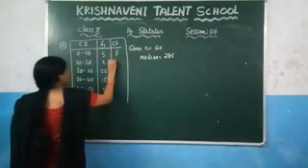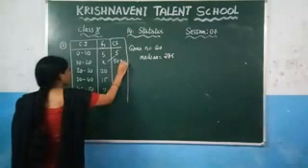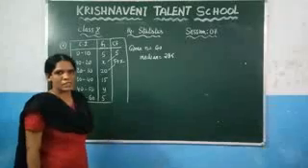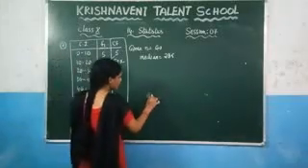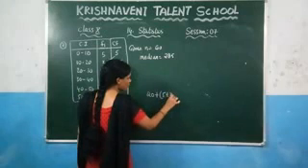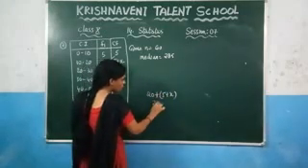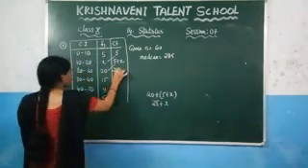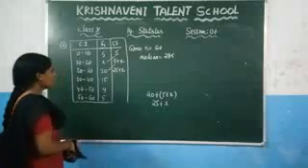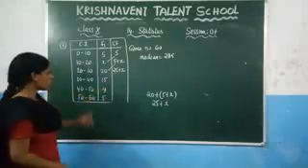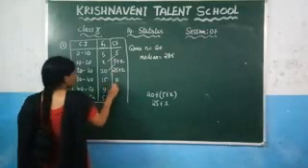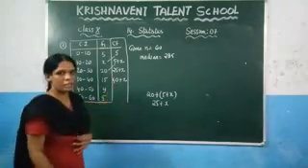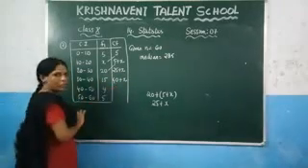So write 5, and after that you will get 5 plus x. And after that you need to add these two values, 20 plus 5 plus x. How do you add? You know that 20 plus 5 plus x is 20 plus 5, which gives you 25 plus x. So write here 25 plus x. Similarly, 25 plus 15 is 40, and just add the numbers and write plus x. So 25 plus 15 gives you 40 plus x.